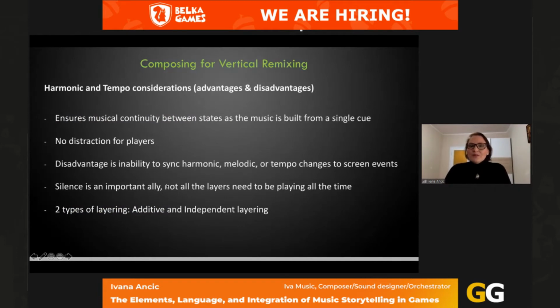So these are some of the advantages and disadvantages in composing for vertical remixing. This is good because it ensures musical continuity between states, as the music is built from a single cue. And there is no distraction for players. Disadvantages are, as I mentioned, inability to sync harmonic, melodic, or tempo changes to screen events. And you should also consider silence as an important ally, because not all the layers need to be playing all